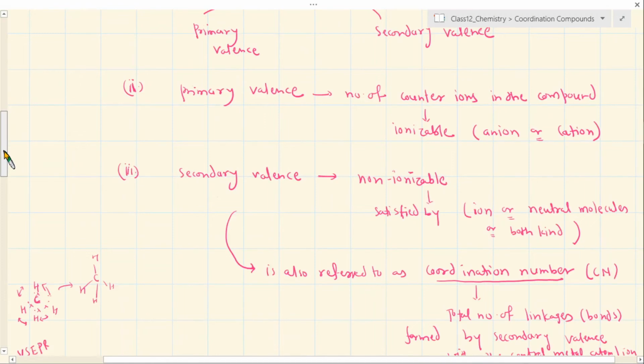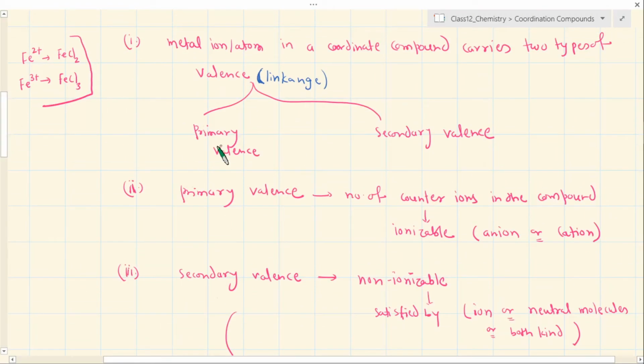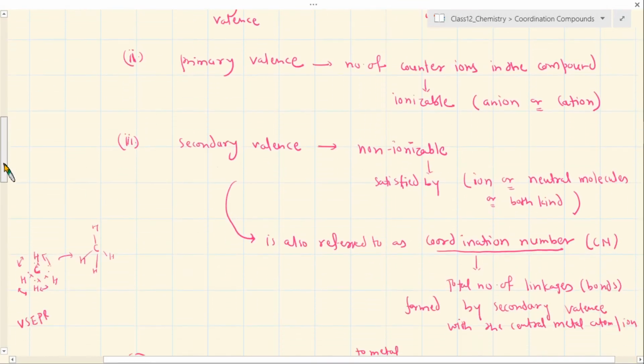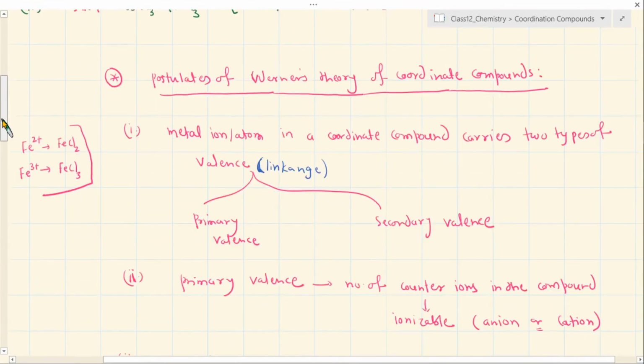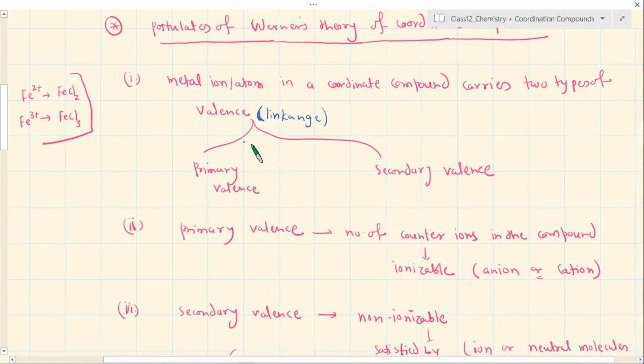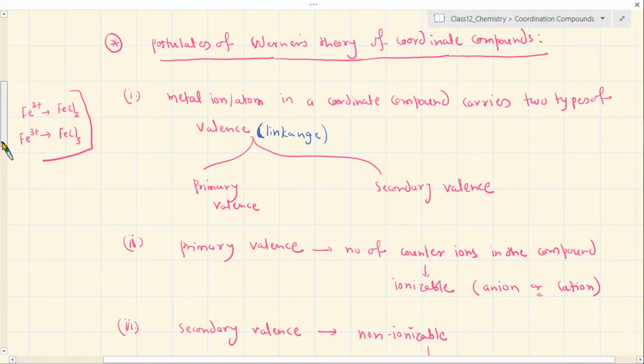Now let me tell you, for us all of these are important to know, because we are going to use them as vocabulary in our discussions everywhere. So get familiarized slowly with all these things. For example, understand very clearly the distinction between primary and secondary valency. Primary valency is the one which is ionizable, which is actually not a concern for coordination compounds. It is not relevant for talking about the properties of coordination compounds, but is more like a counter charge, the charge which needs to be balanced by a counter ion. That's all it represents.